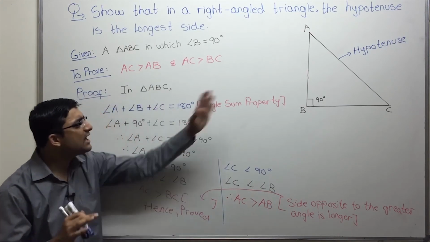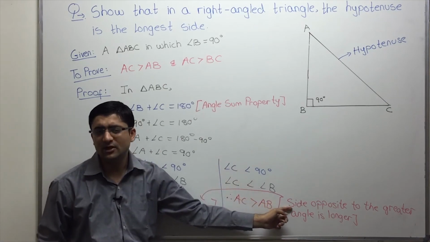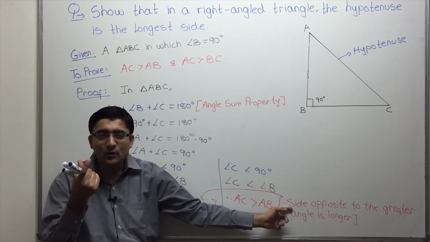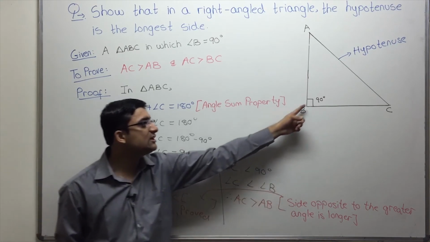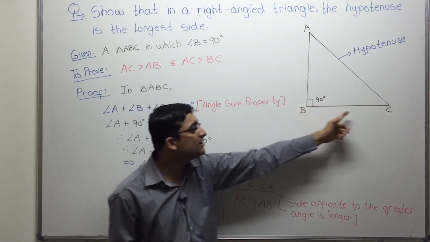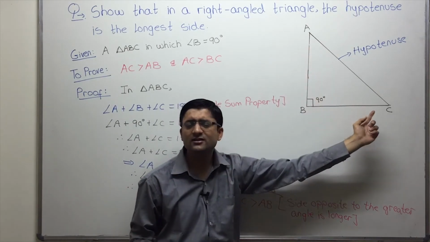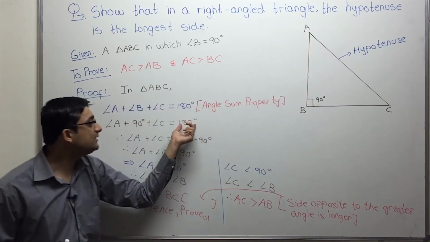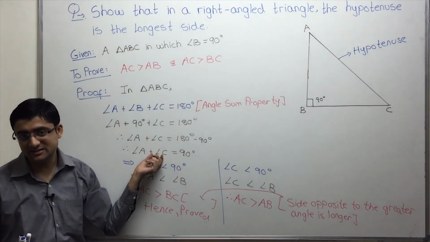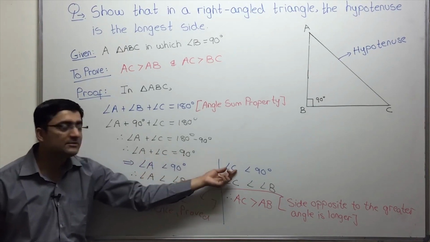So remember, whenever you have in a triangle prove one side greater than the other, ultimately you have to take the help of this theorem. So we basically need a relationship between the two angles. So just think how to get that relationship. What is given to me in this question? Angle B is 90. Now I want a relationship between angle C and angle A. So basically we're dealing with angles of a triangle. Apply the angle sum property. So angle A plus angle B plus angle C is 180. So we get angle A plus angle C is 90. Because sum of these two angles is 90, individually each of them is less than 90.